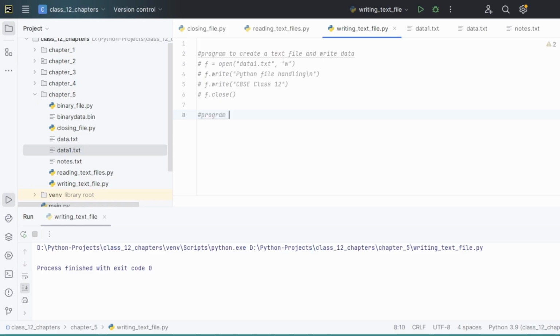Next is a program to write multiple lines using writelines. So we say f is equal to open, and we are opening data1.txt in write mode. We want to write multiple lines using writelines. So let's say we want to write all these lines, which is, let's say,